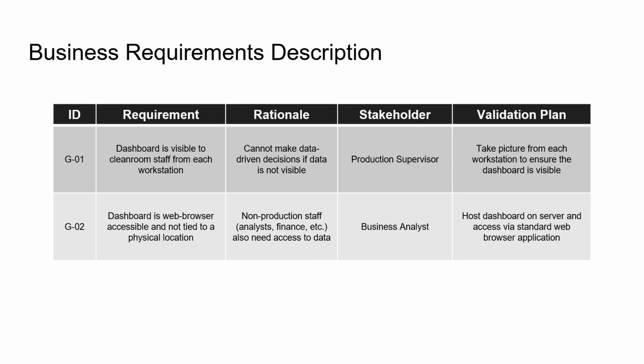This requirement was a need identified by the production supervisor. In order to validate that this requirement is complete, the project team can take a picture from each workstation to prove that the dashboard is visible from that location. The next requirement, G02, states that the dashboard must be accessible via web browser and not tied to a single